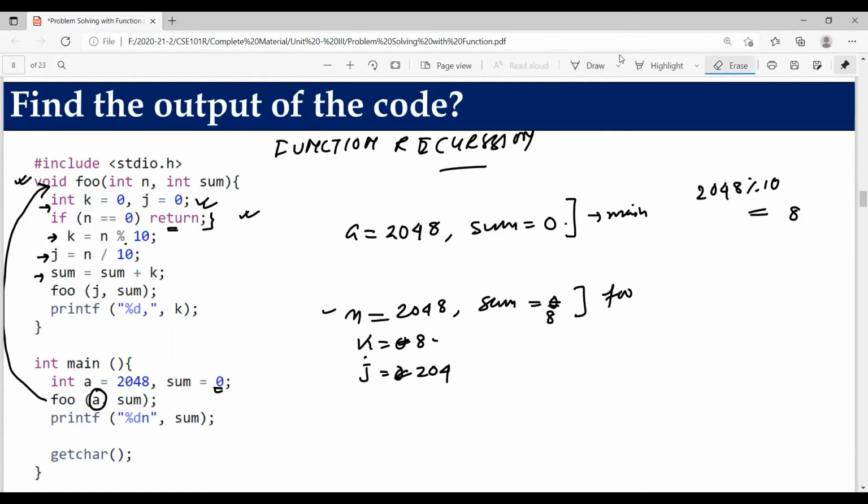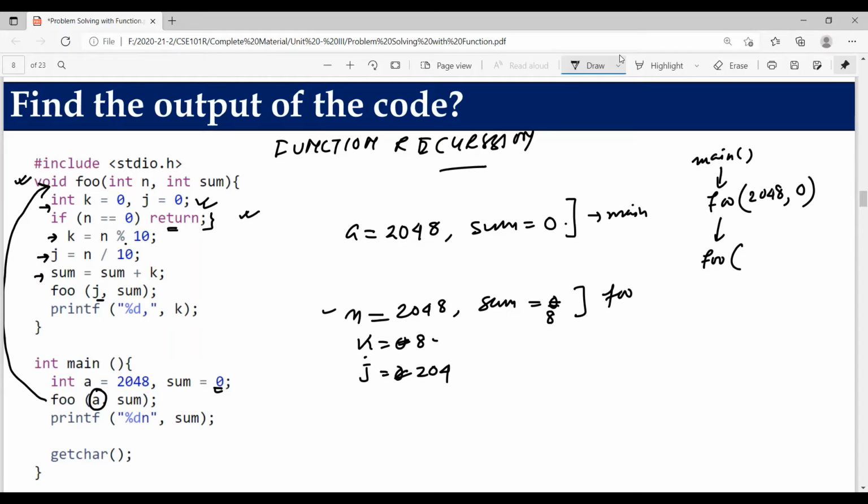So let's solve this. Initially, here is my main method. From main we are calling the function foo, and the values we pass are 2048 comma 0, the sum. Next, this foo calls the function foo again. Now what value are we passing?